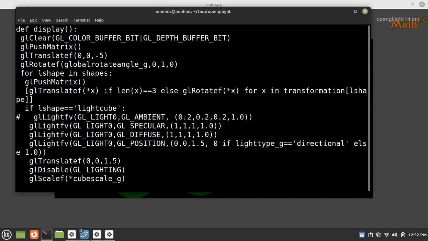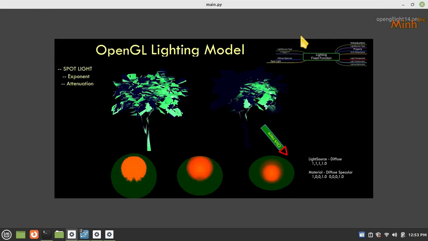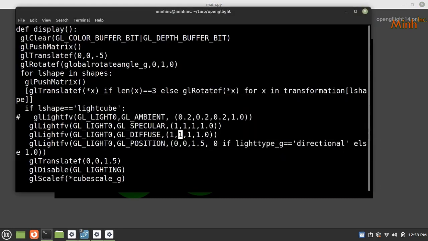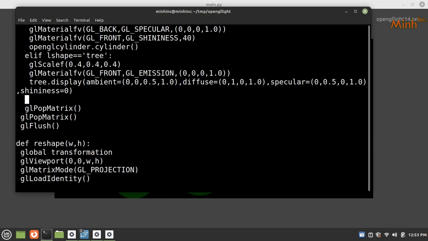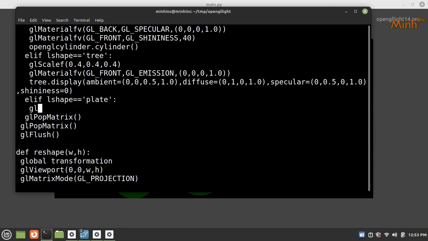So diffuse, specular diffuse is 1, and the material will change. So we have the tree, now one more will come, equal to plate. Okay, I think the plate would be big here also, so we'll scale it to 0.4 something like that,